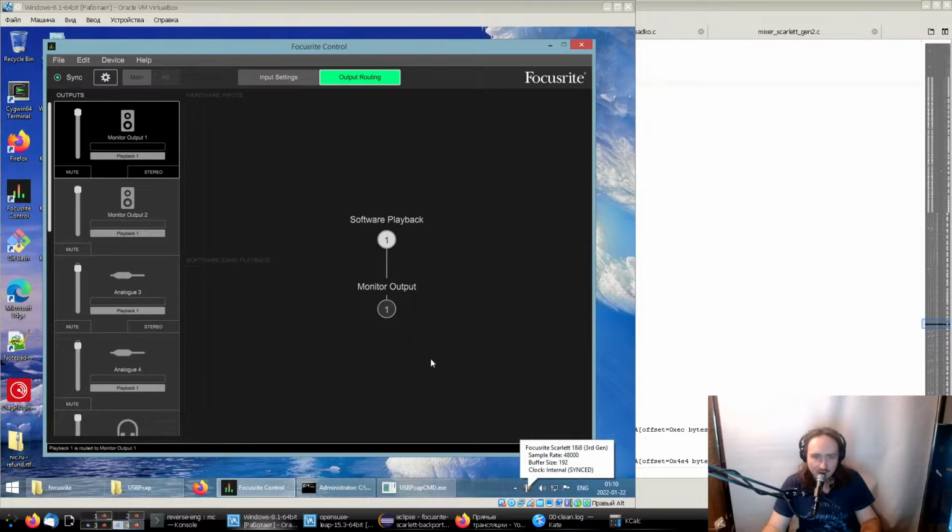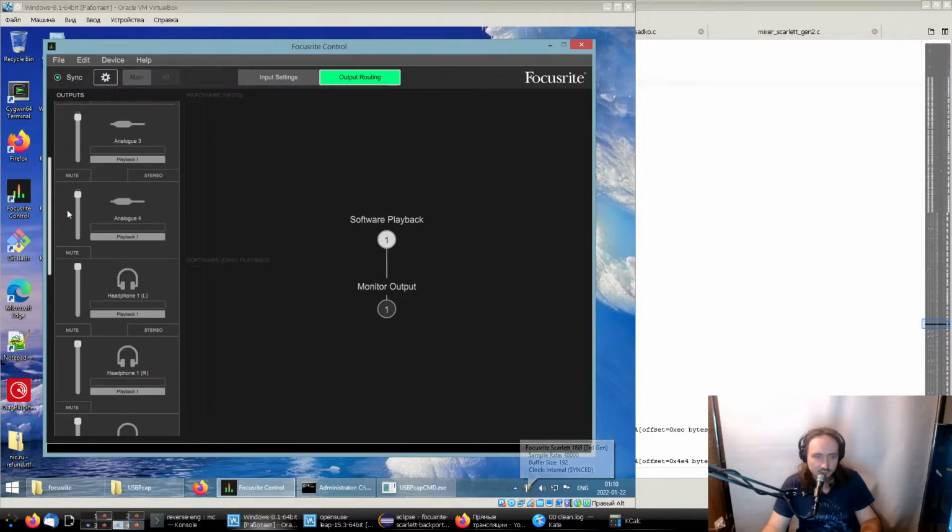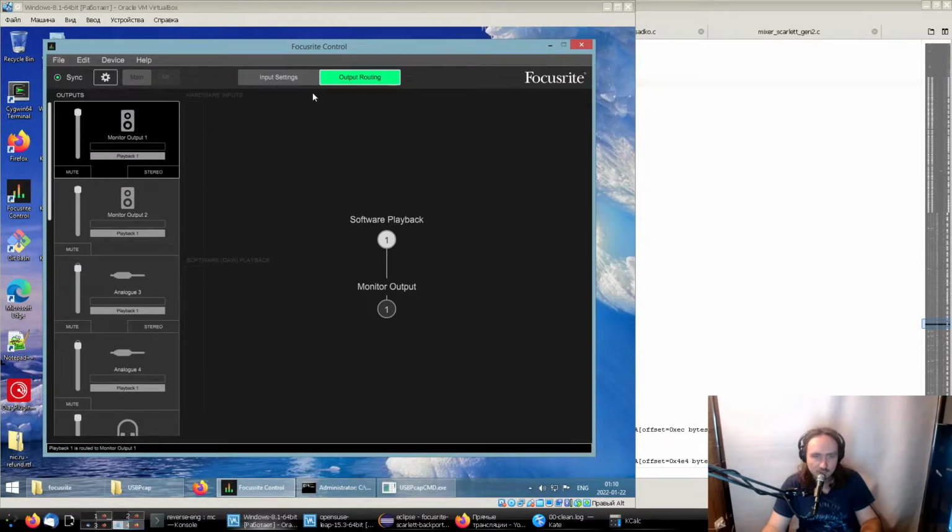Playback 1. Why playback 1? There should be playback 8. Interesting. Okay, we will just switch from playback 1 to analog 1, to analog 2. Oh, no. I think, okay, analog 2,